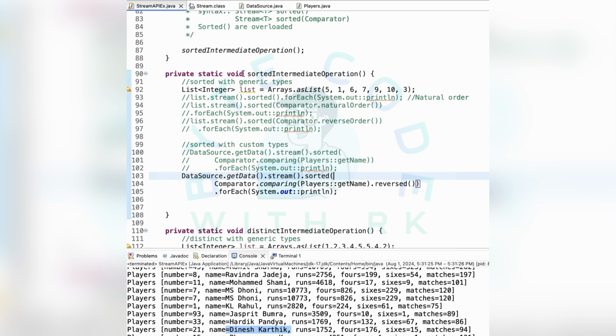Boolean noneMatch. Okay, so this is about noneMatch. Let me create a method, noneMatch terminal operation. Okay, I'm creating the method. So I'm taking the same example because it is simple to understand for everyone. To avoid confusion, I'm using the same. So here if you see, noneMatch,